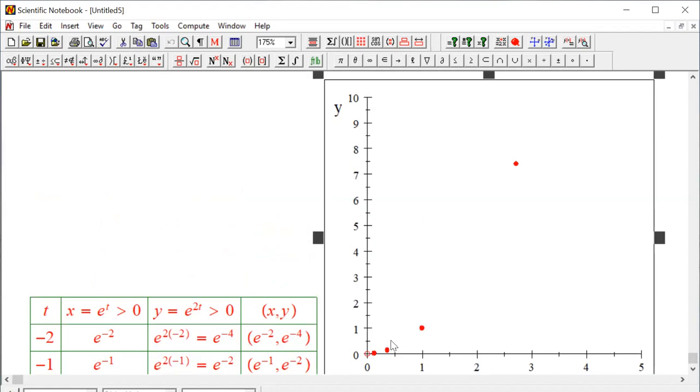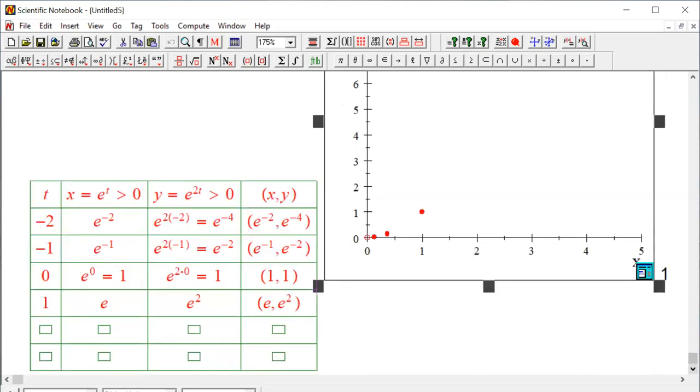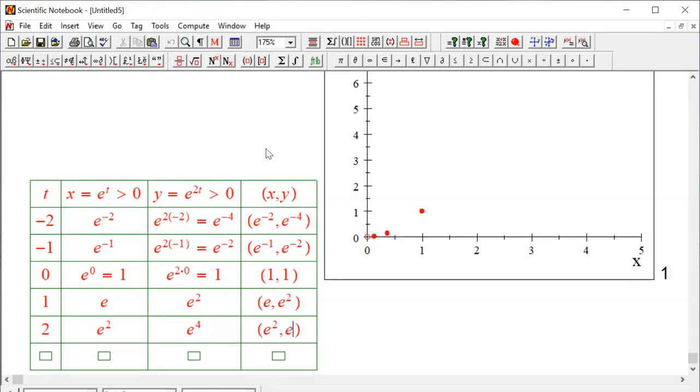Right there, you can see the curve goes like that, okay? If we keep going, the next point, right? The next point is going to be e to the power 2 in the next moment, and this is going to be e to the power 4. And that point is going to be e squared and e to the power 4. Okay, and I have to make an adjustment to